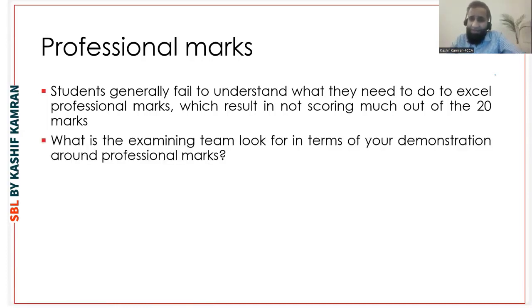What is the examining team looking for in terms of your demonstration of professional marks? If you have read the recent examiner reports for September 23 and December 23, and you've read the paragraph on professional skill marks, the examining team is very clear what they expect from you, so they can award you the maximum of 20 professional marks. And I've taken this presentation checklist right from the